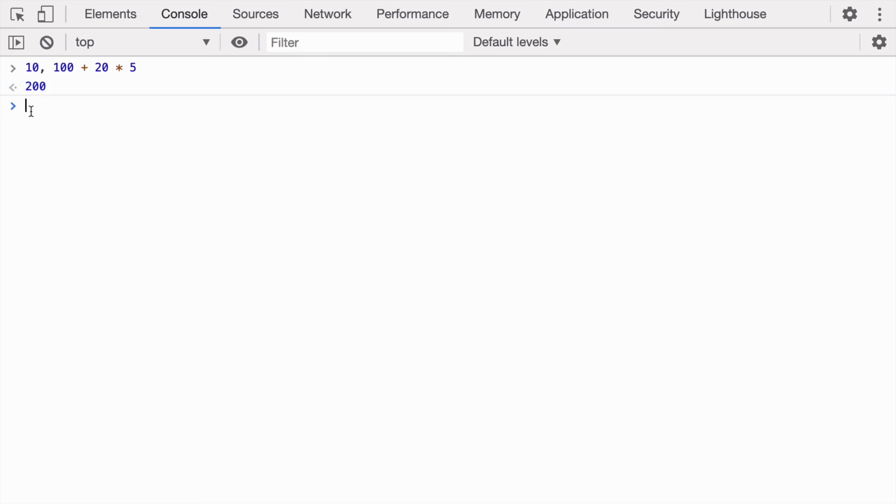Let's change it with brackets to make the precedence change. What if I change it here? We know that brackets have the maximum precedence, so we change it by adding brackets around 10, 100. So this will happen first. 10, 100 will result in 100. Now 100 plus 20 multiplied by 5. So 20 multiplied by 5 has more precedence, so it will be 100 plus 100. So the result is not changing in this way, but what if we go ahead and change the precedence by doing this? Now the value will change.